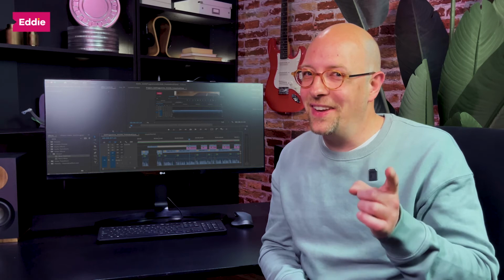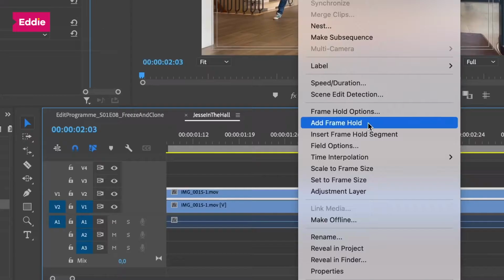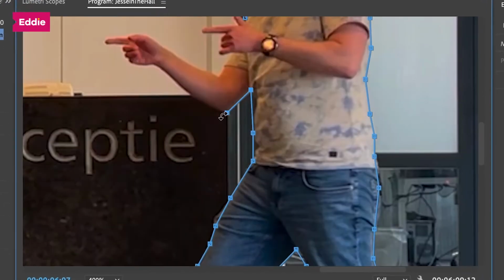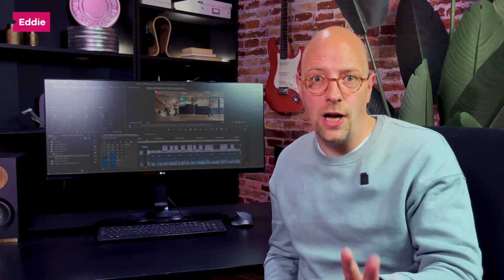I know what you're thinking. You can cut out the image in Premiere too, right? Of course, with frame hold and masking the opacity, you can achieve the same effect in Premiere, more or less. But as far as I'm concerned, with Photoshop, it's much faster, easier and better. So unless you're allergic to Photoshop or consider yourself to be an absolute Premiere purist, I'd always use Photoshop for this.